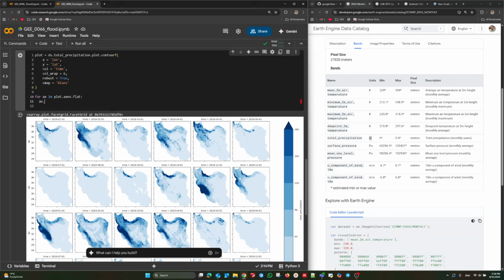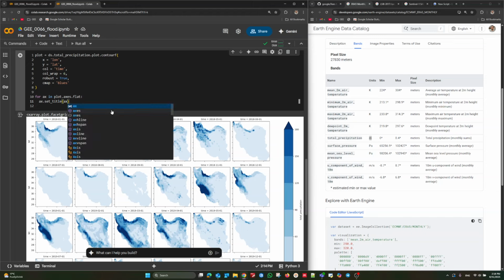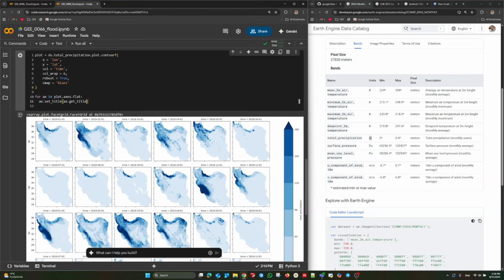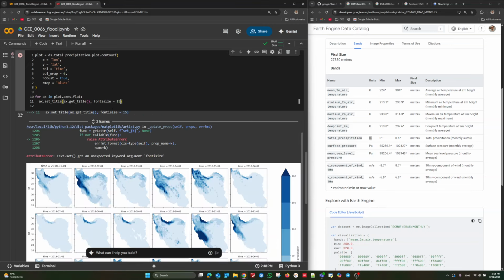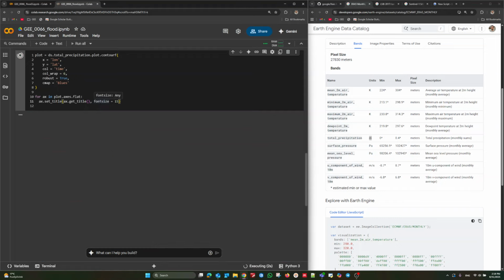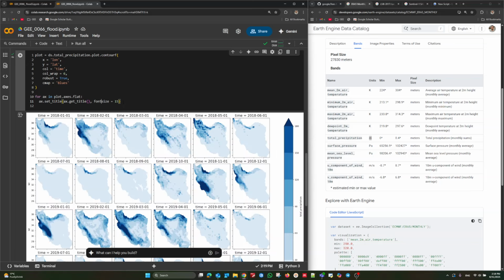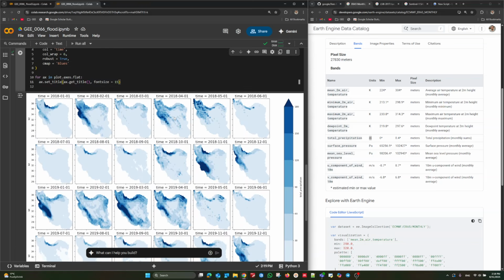So for each plot, ax.set_title, set a new title. I don't want to make a new title, I'm just going to get the existing title and increase its font size to, for example, 15. Higher values mean bigger font size. There is a typo here. Yes, font size 15. Now you can see the titles are bigger, and you can easily see the associated date